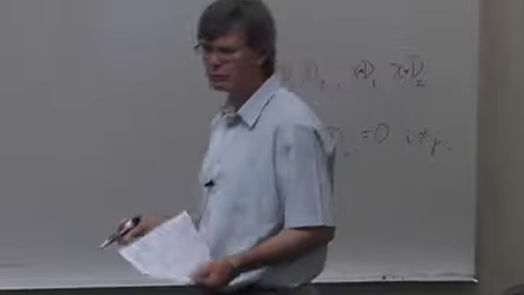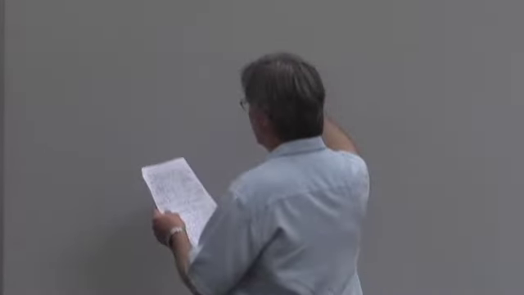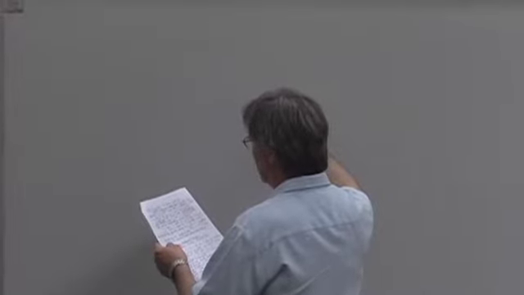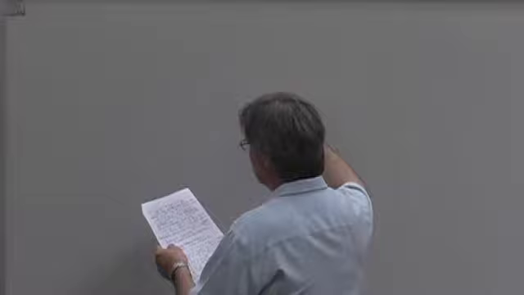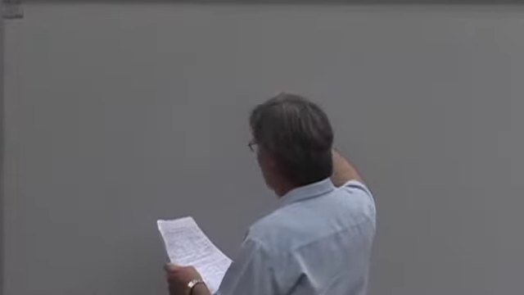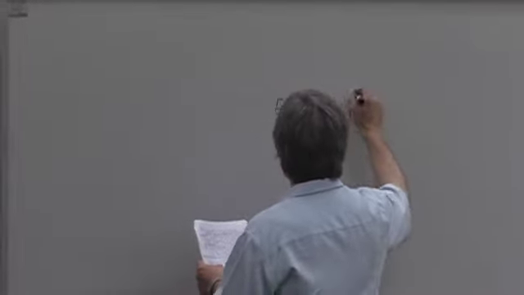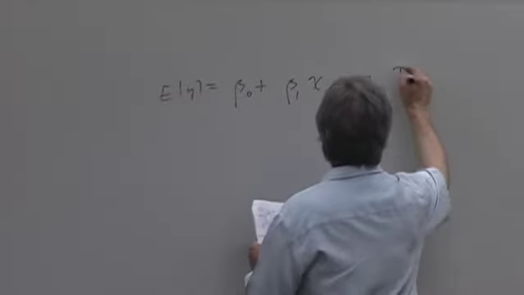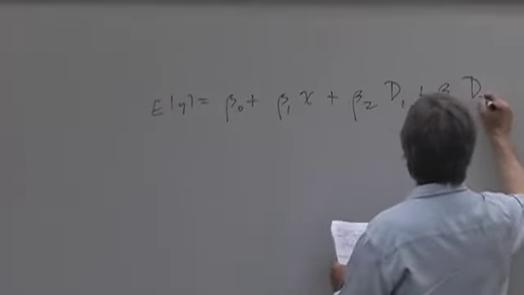I will note one comment I would make about problem 8.13 before I go on, and that is you don't want to use region as a regressor. I did make a comment about that. Here was the note at the top of page 5. Suppose I didn't have the interaction term, so I had the parallel lines model. If I have EY equals beta 0 plus beta 1 x plus beta 2 d1 plus beta 3 d2,